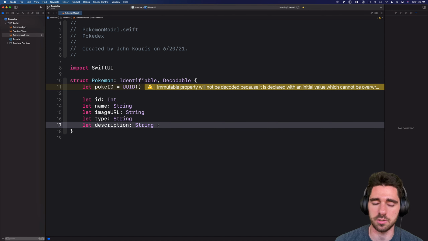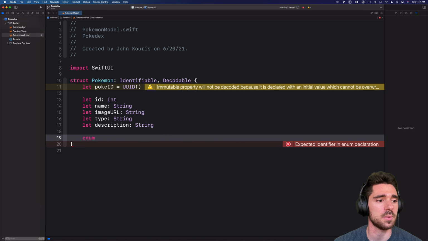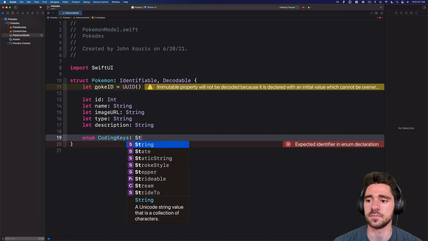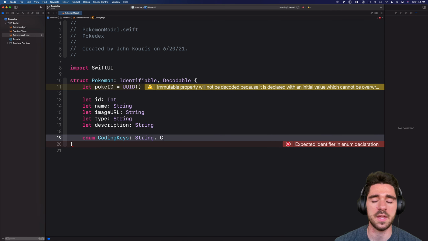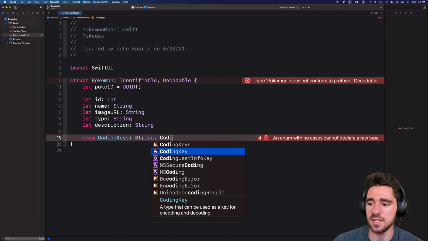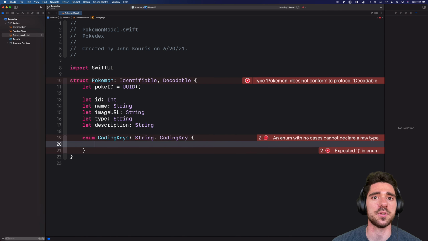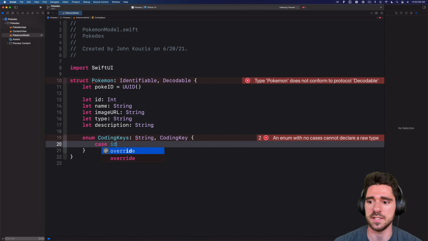So what we need to do is tell Xcode that we want specific fields returned back from our network request. The way we can do that is through something called coding keys. We'll create an enum, it'll conform to String and CodingKey. You can see a type that can be used as a key for encoding and decoding. When we use that, we just specify the cases for the properties that we want to get back from our network call. So I'll use ID,